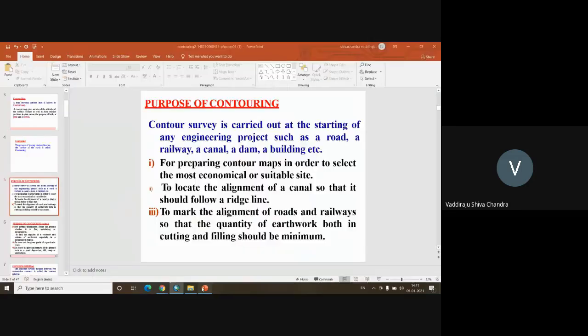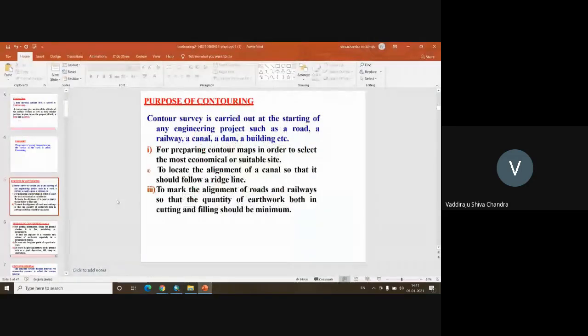That is what I have mentioned here: preparing the contour maps in order to select the most economical or suitable site. Okay. That is the reason why you see that many times the roads are curved. You can't find straight roads in many cases. Hardly in some areas you'll find straight stretches, but in most cases you'll find only curved roads. And to locate the alignment of a canal so that it follows a ridge line,